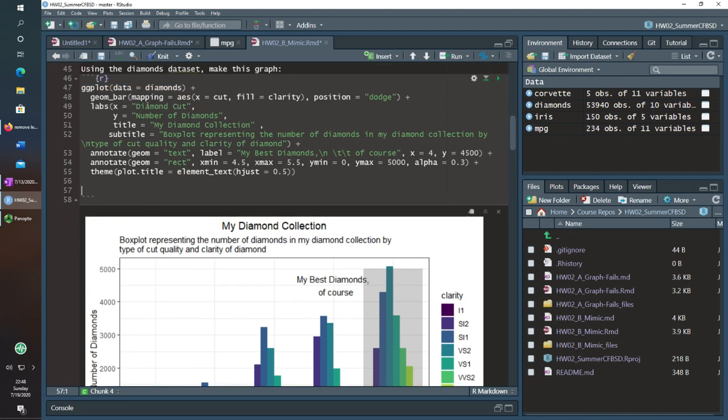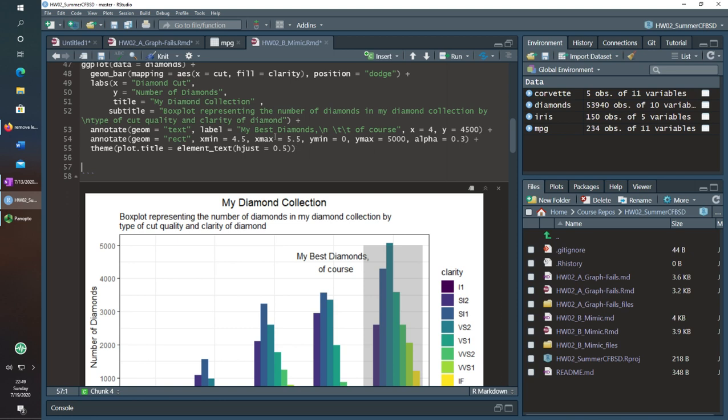But you can see then labs, so you can do x label, y label, and title, and then everyone set that up, but labs is probably the best one to do that. It took me a couple months of using ggplot to realize that I could just specify all the labels with labs. So if you didn't see that, that's something nice. You can add a subtitle, and if you're wondering about having an extra line here, that's what this is doing. So this is going over because I'm using RStudio with an R markdown, and you can see this is line 52 still, so it's actually written as one line.